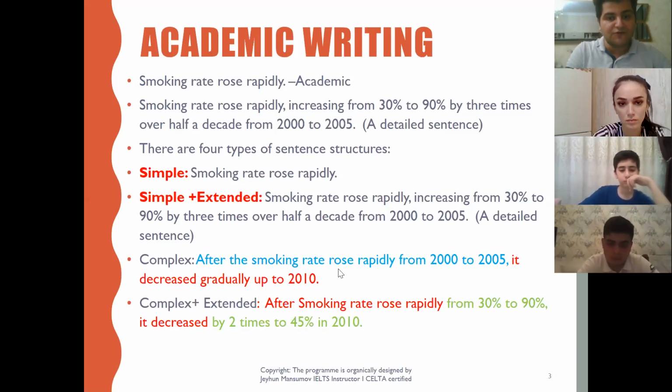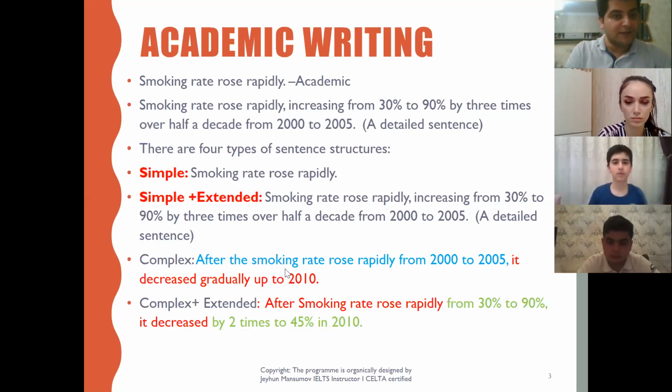After the smoking rate rose rapidly from 2000 to 2005, it decreased gradually up to 2010. So in this sentence, there are two subjects and verbs, exactly. But do you see detail? No. There is no detail. Yes. But in the last sentence, complex plus extended, you will have subject plus verb, subject plus verb, and also